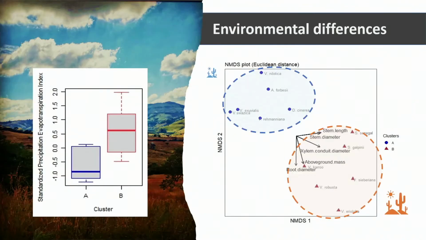And when we tried to see whether those plants come from different environments, the only predictive variable that came out as significant was drought severity. So these red species are from areas that have greater drought severity. This is not a seasonality measure, but a measure of how extreme droughts are when they do happen. And the species that we have in here are both species that occur in fairly dry areas, like Vachellia arioloba, but there are also species from wetter areas like Vachellia kuru and robusta.